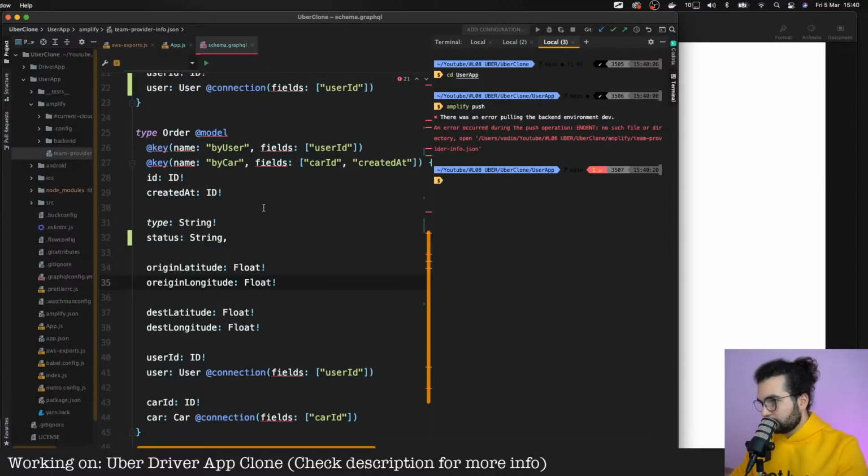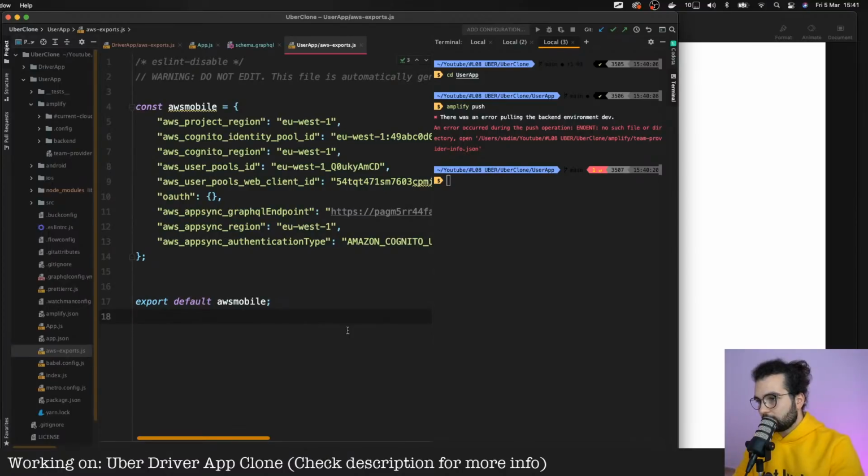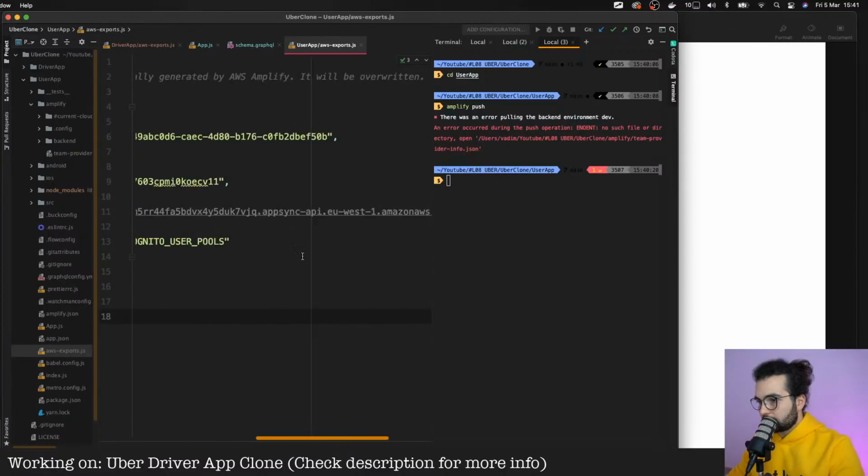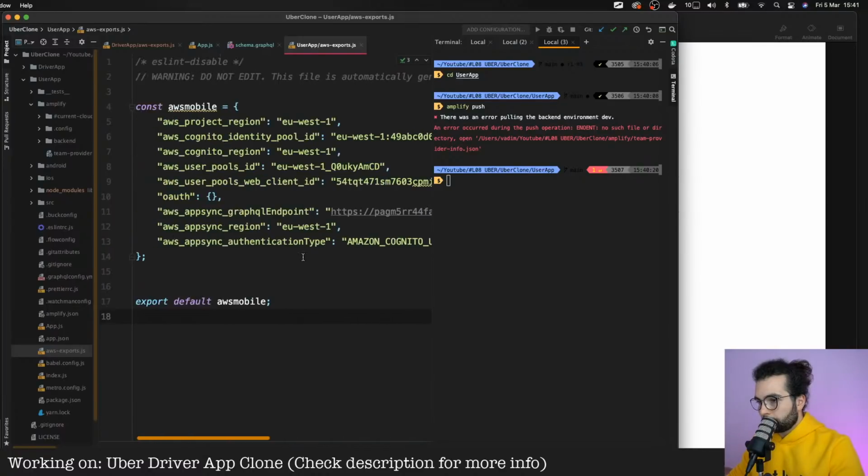But where is it? Is it somewhere in the AWS export? Where is it trying to find this? Where is this coming from?